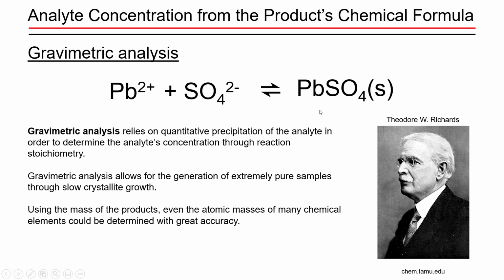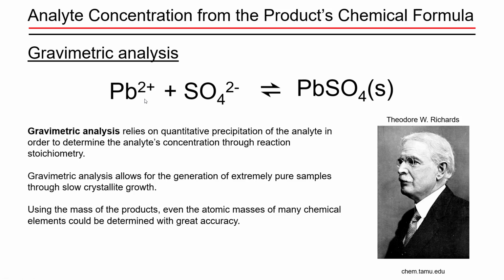If you can collect a high purity precipitate quantitatively and be sure that you haven't lost any of the precipitate, so you've obtained quantitative transfer, quantitative collection of the precipitate from the reaction mixture, you can use stoichiometry that you were introduced to early on in general chemistry to calculate the original concentration of the analyte in the sample. So to achieve this experimentally,